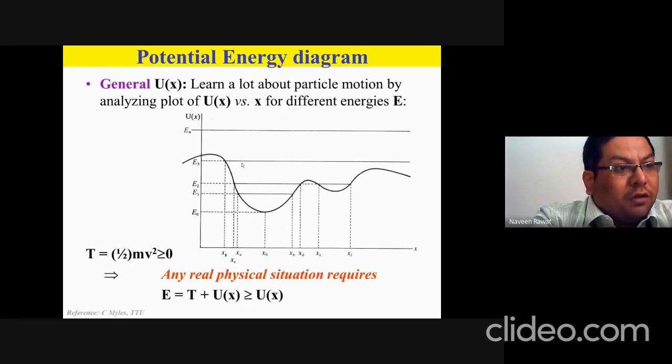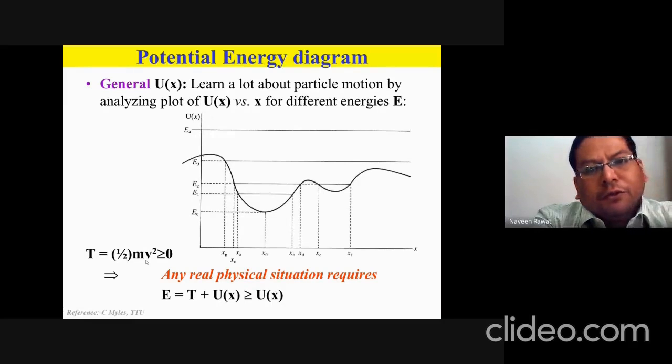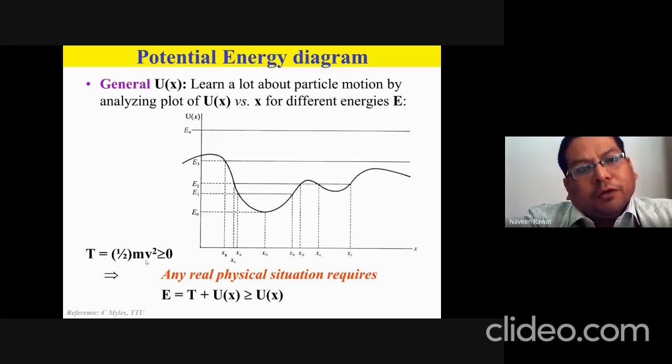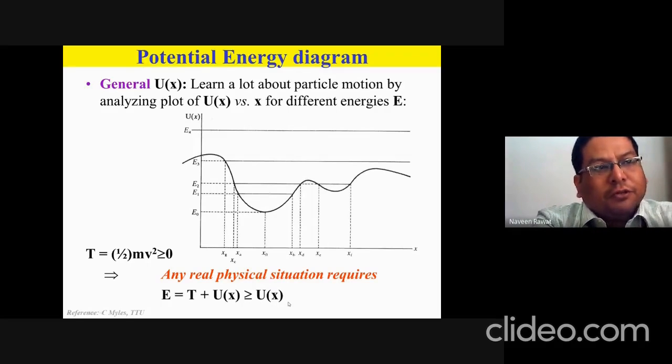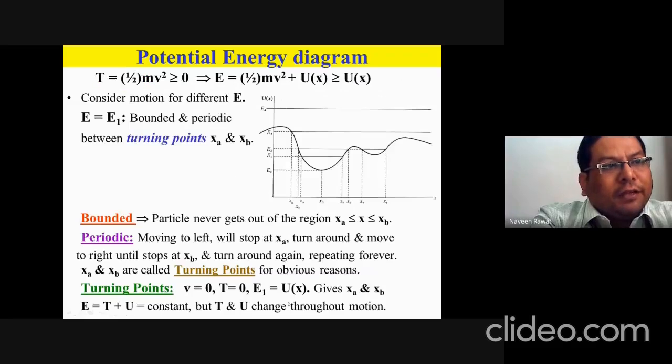One thing you have to realize is that when we talk about energy, the total energy is given by E, and it is equal to the sum of your kinetic energy term and your potential energy term. With regard to kinetic energy, we know it is 1/2 mv squared, so all the terms are positive here. So the energy that you get will always be greater than or equal to your potential energy function. That is one thing one should realize.